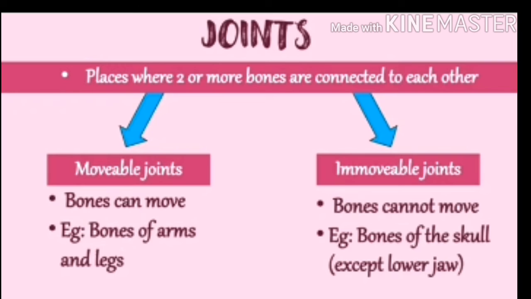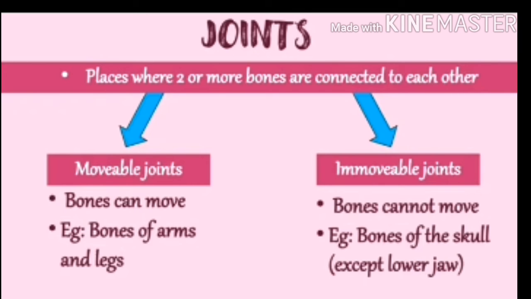The bones in our body are connected to each other by means of ligaments. In the last period we studied about the ligaments. Ligaments are the tissue or fibers which join or connect the bones to each other. Now what are joints? Joints are the places where two or more than two bones are connected to each other. So that is called the joints. Everyone knows the meaning of joints, and the same meaning is used in our skeletal system.